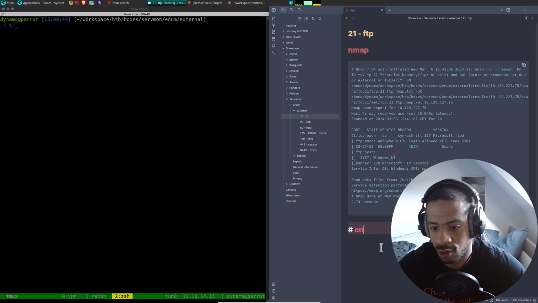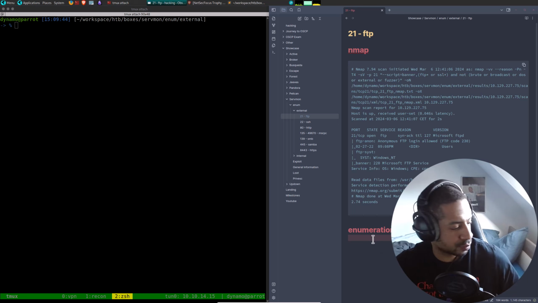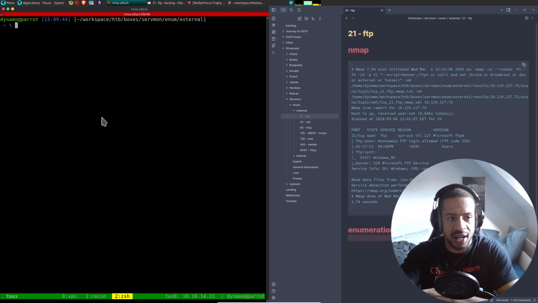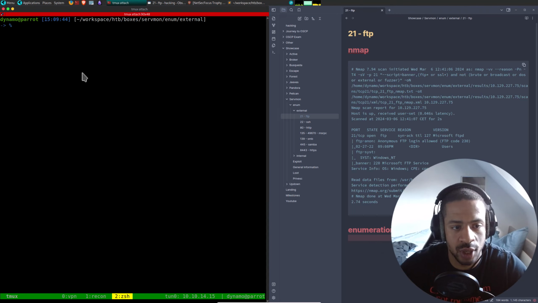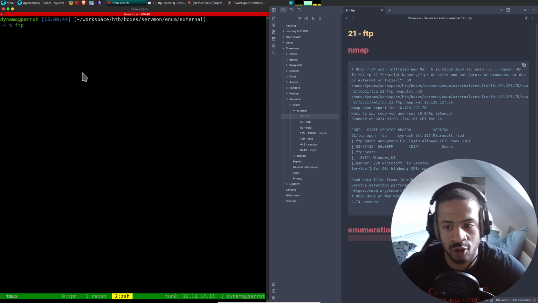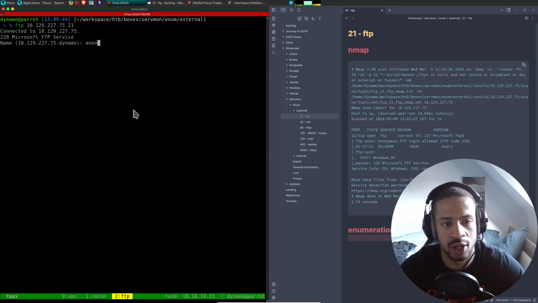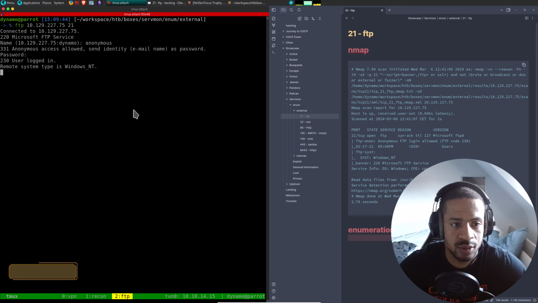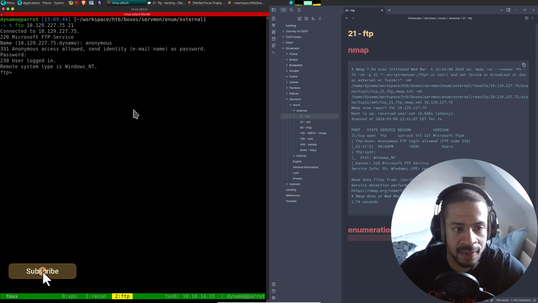So enumeration. Let's connect. So what I usually do with port FTP is I just try to connect to it. Let's take the IP one more time and let's connect. Let's do anonymous login. Password, because that is okay. And that worked.